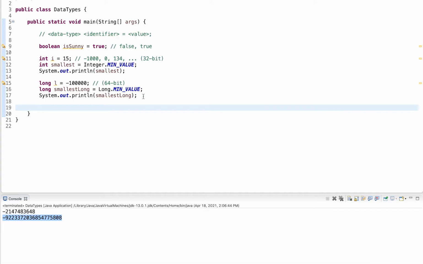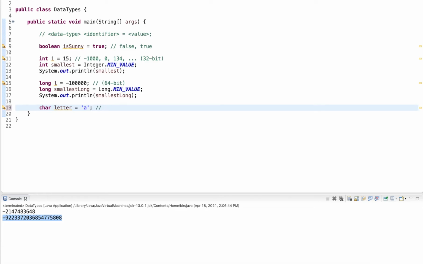Now that said, let's move on to another data type, char. The char stores characters. So for example, a letter, and I can initialize this to 'A'. Now every character has to have single quotes to mark it as a character.